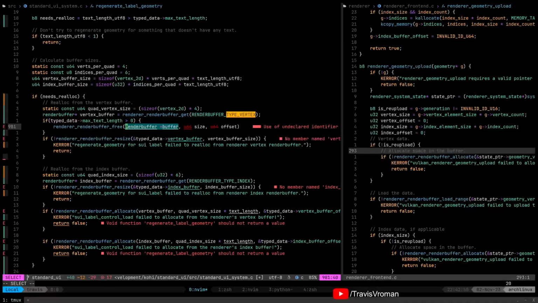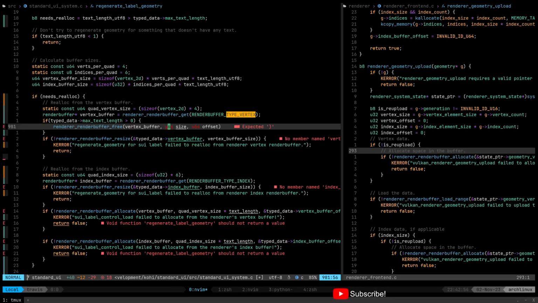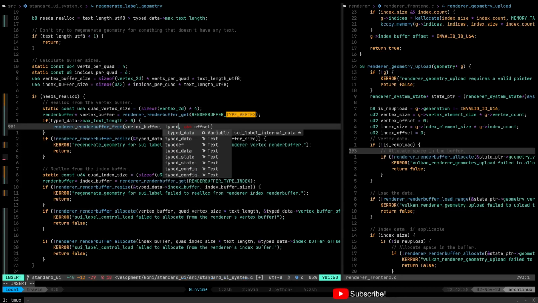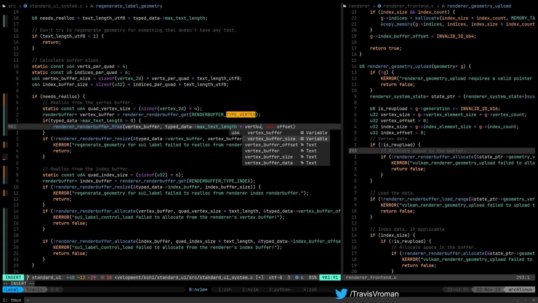Render buffer free, and we want vertex buffer, and the size is going to be the type data max text length times the vertex buffer size. Wait a minute, no. We want, why did I do this differently here than I did it up there?